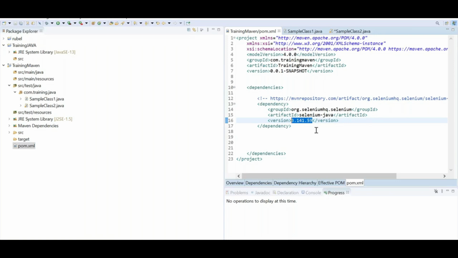Okay, to answer precisely, what is the difference between Maven and Java is Maven consists of whatever Java contains, along with there is a feature where we automatically download the softwares. That is the difference. And the second thing is, it can be